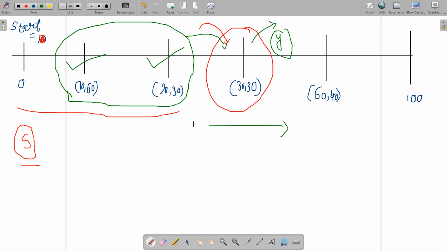Now if Y is the demanded fuel and S is the start fuel, you need to add fuel, let's say X, such that S plus X becomes greater than or equal to Y. Then you must think about refueling my vehicle from this station, or from this station, or from both of the stations.